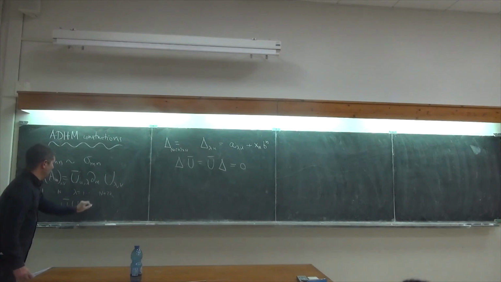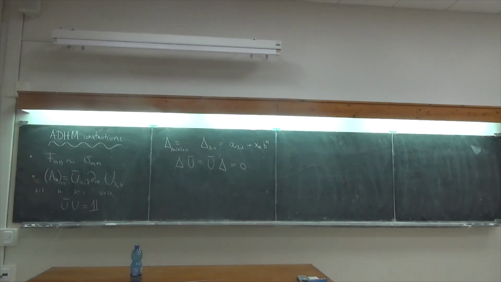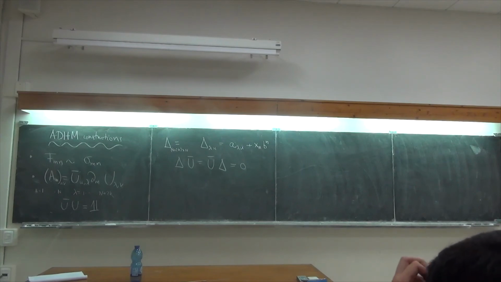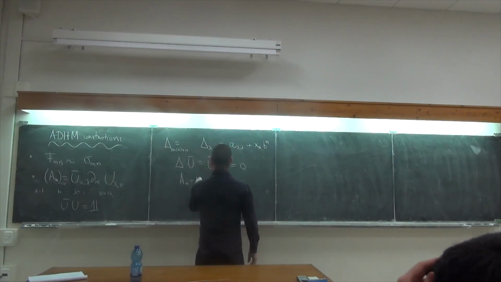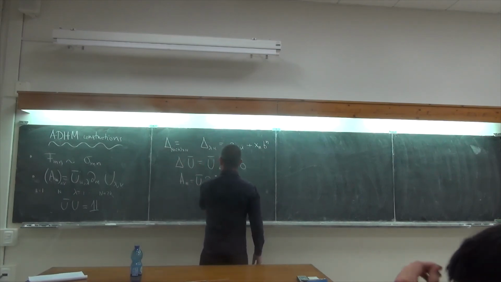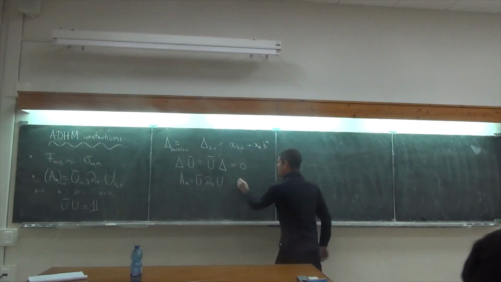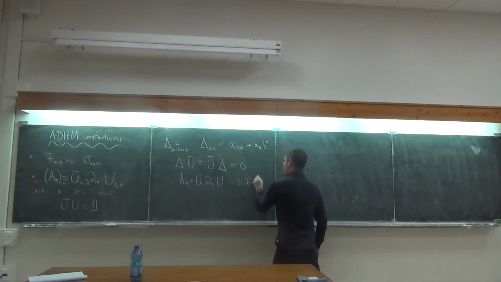Sorry, u bar times u is the element. Now the statement is that this connection, A_n equal to u bar d_n u, is self-dual